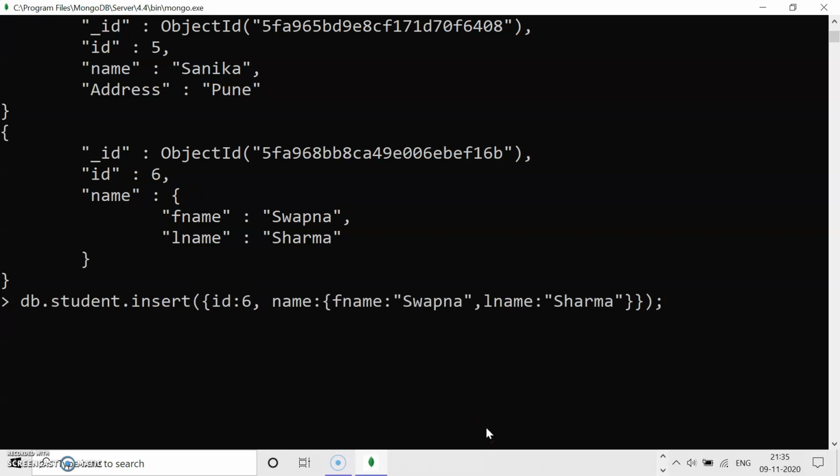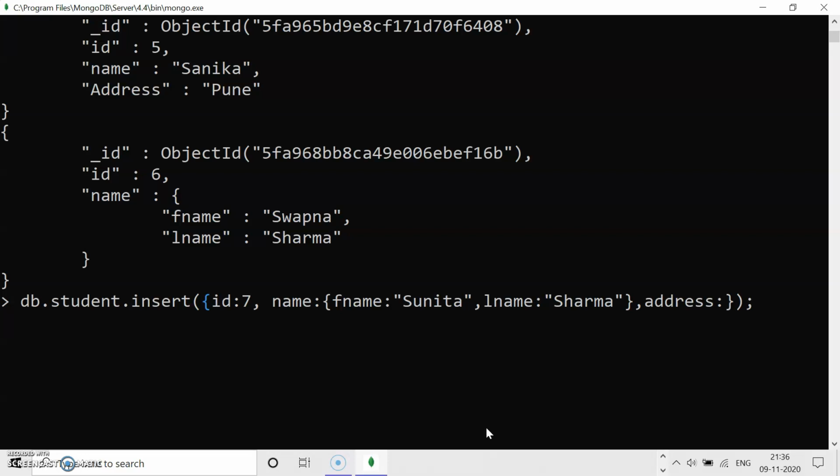If we want to take address, I can take _id colon 7, and then here this is my first object. Here I will use address. This is my single document in which I have two embedded documents.